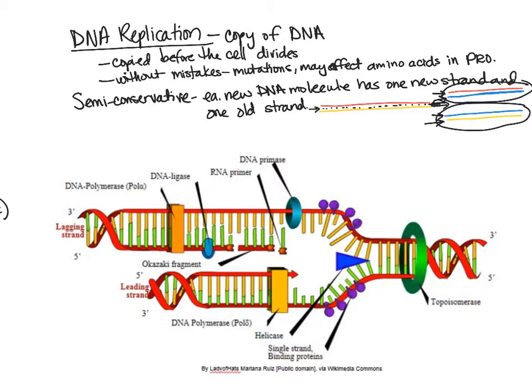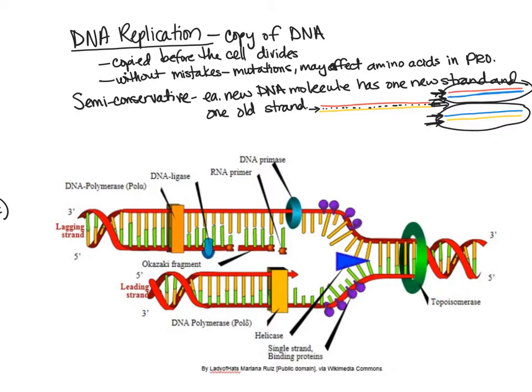So the basic process of DNA replication is, as we just described, we'll take one DNA helix, and then we're going to separate it into strands. Just like we saw here with the red and the yellow, we separate the pieces, and then we're going to build a new complement for each strand. And then what we end up with are two DNA helices. And so that's what we see here, again, with the red strand and the new one, and the yellow strand and the new one. So one old strand and one new strand.